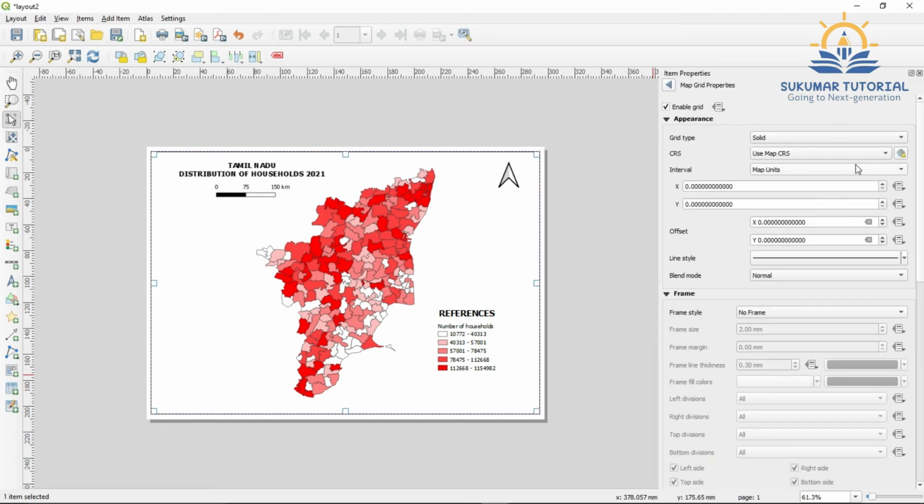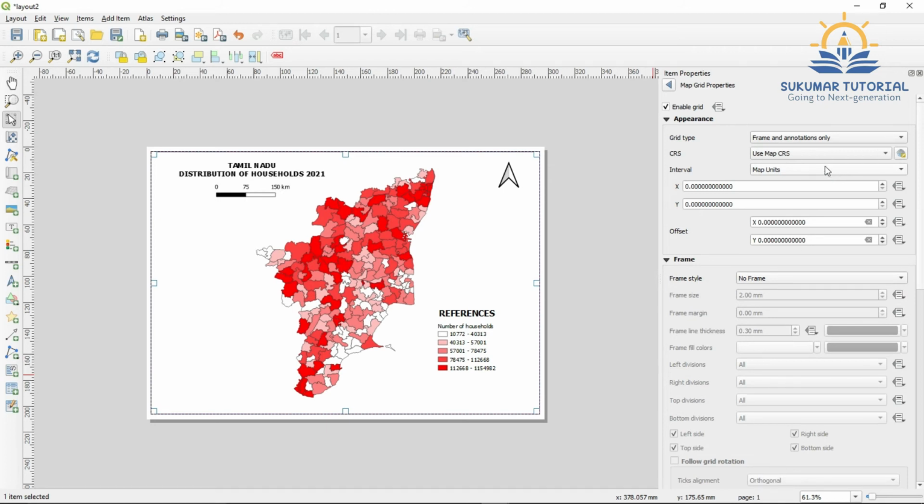You got solid, cross, markers, frame annotations only. So you just make frame annotations I have given. Just everything I am leaving it here. In the X interval I am giving 1. Here also, Y also, longitude also, and latitude also, I'm giving 1, and then